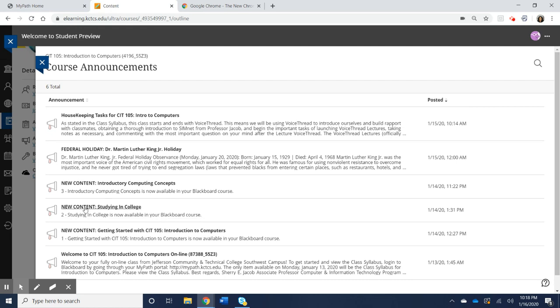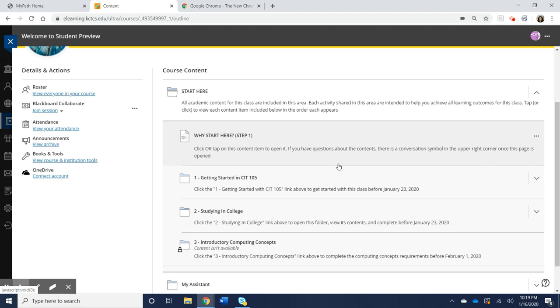So as new content becomes available, you'll get a message kind of like this: new content getting started, new content studying in college, new content introductory computing concepts. So you'll get, for the other 4 folders, when that content becomes available, you will get an announcement that will say, this is now available for you to complete or participate with. All right. Hopefully this video is thorough enough for you to get a good start with completing class activities for